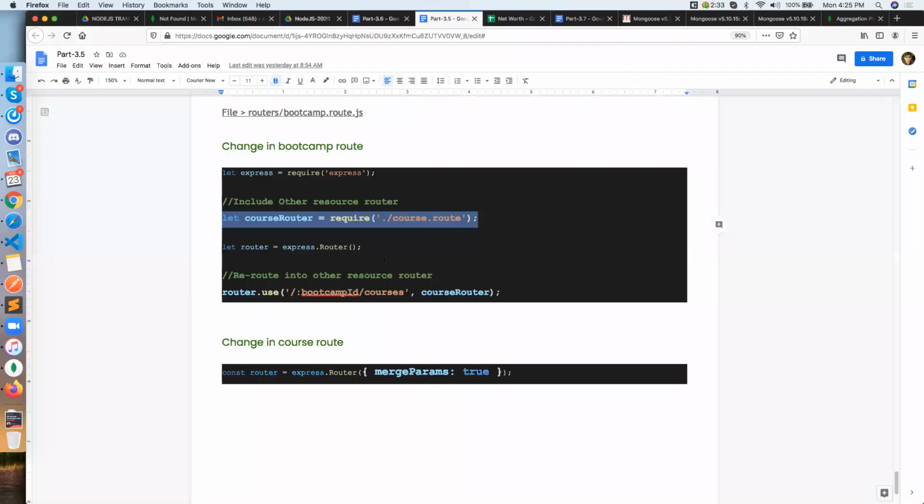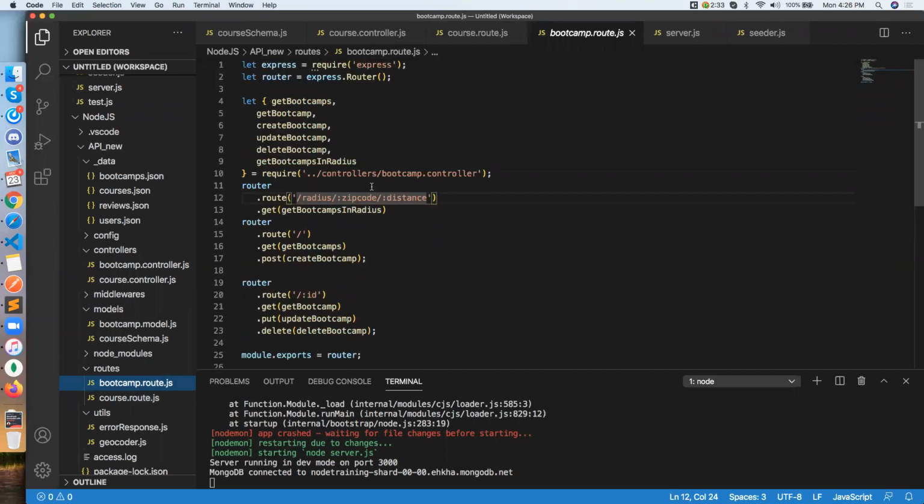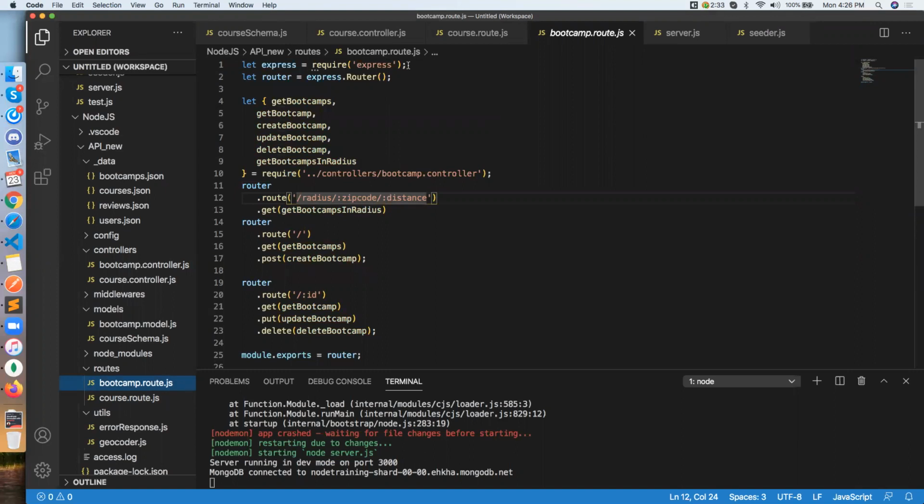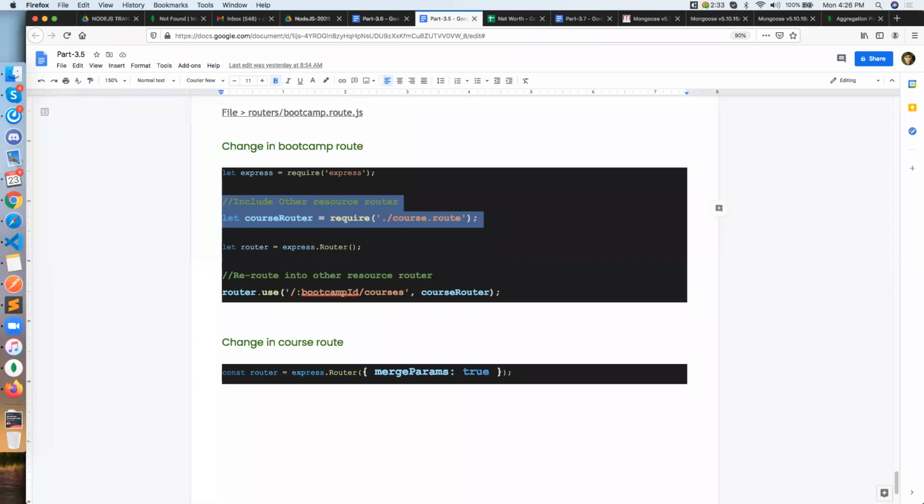We have to set another middleware. We have to reroute inside the bootcamp router. We have to rewrite this thing. First include the course route inside the bootcamp router. Okay, and we have to put it over here. First include this, reroute this. After that, I will mount this